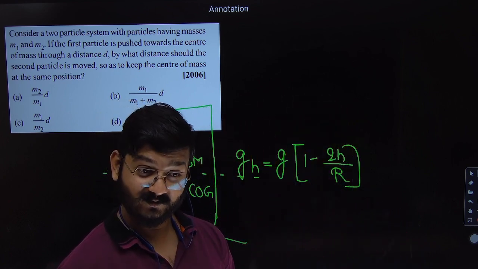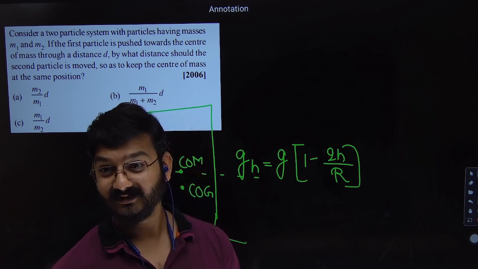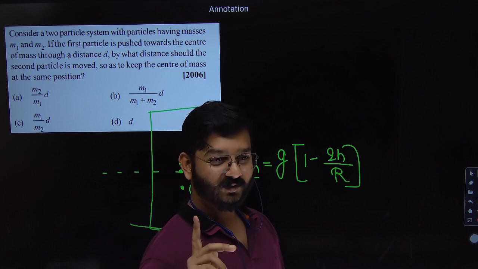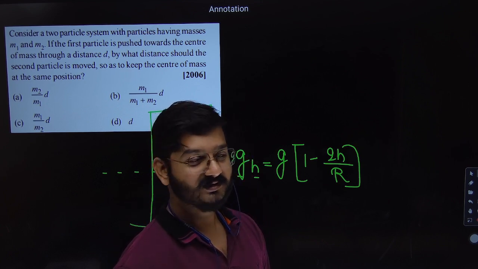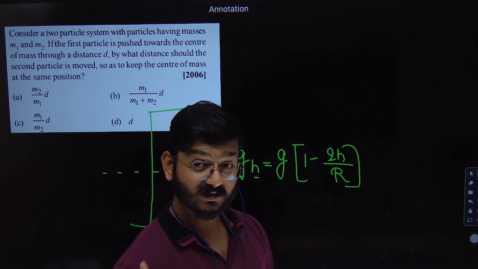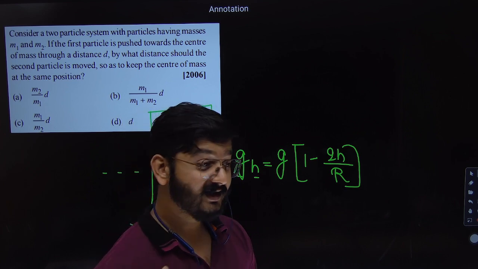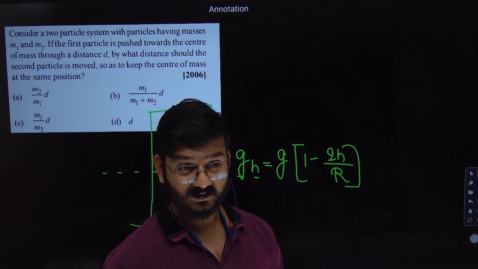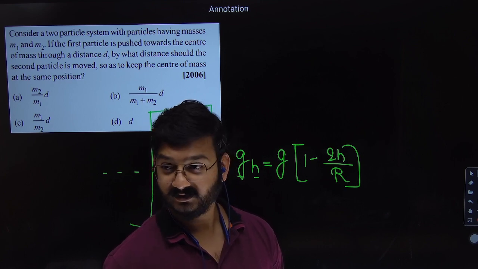Then there will be one book where only KCL, KVL and magnetism. So choose what you like. Don't see someone else who is doing what. Whatever you're interested in, that's what I told during regular classes also. If you need any help in choosing the branch, you can talk to me or Vikram. We will guide you with whatever information we have got.